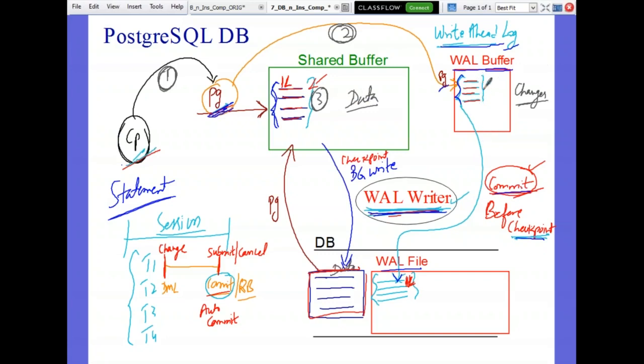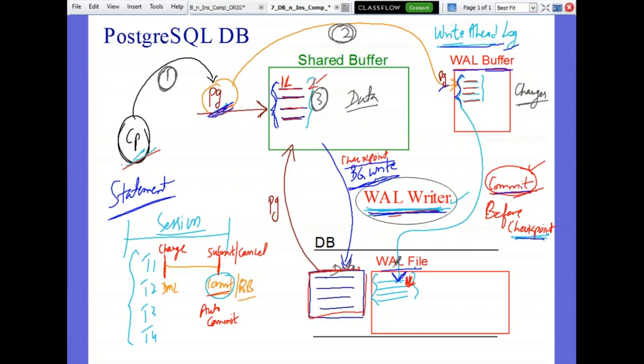Why the changes should be written to the WAL buffer is because in shared buffer the data will not be maintained only for the duration of your transaction. It is going to be maintained for a longer duration. Even after commit, the data will be there. That data will be written back to the database by BG writer whenever a checkpoint takes place. But till then, the changes will not remain in the WAL buffer because the WAL buffer is normally smaller. So that will be written periodically to